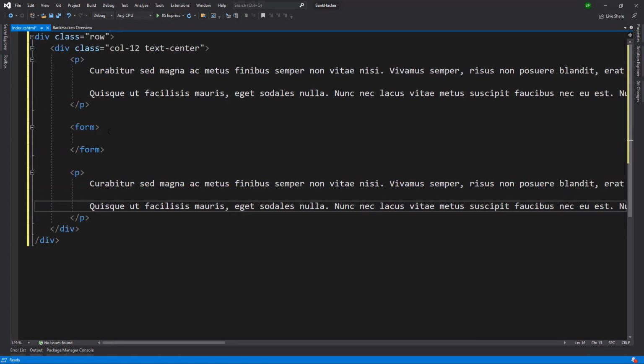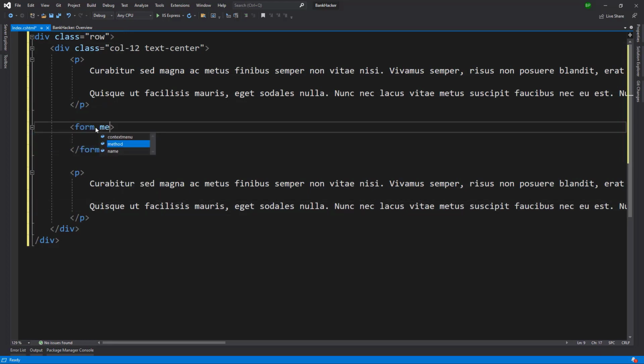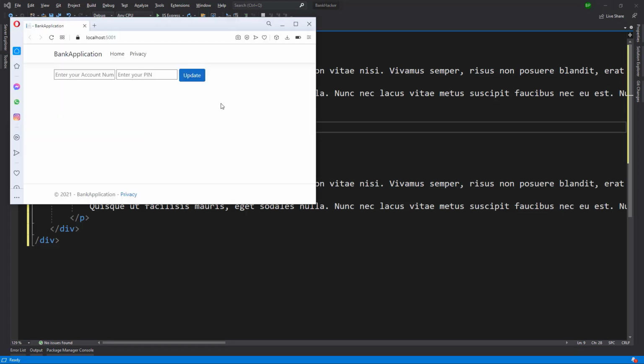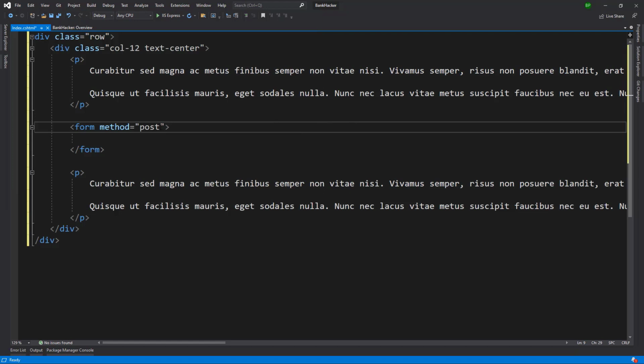This dummy text is of course not required. Our main focus is on creating a form. For this form, we will have a method of post, but where should it post? This is a bad application that will try to hack our bank application, which is running on localhost port 5001. So let me copy this URL, and that will be the port right here. So action, we will explicitly define that as HTTPS localhost 5001,